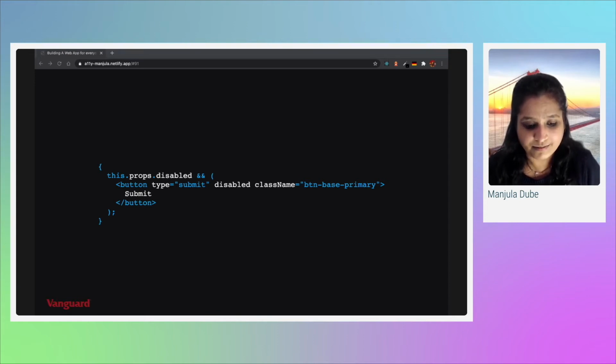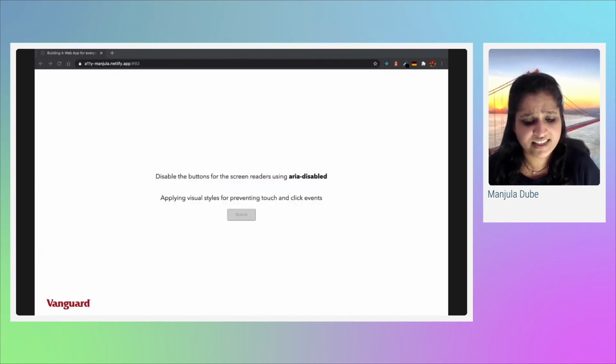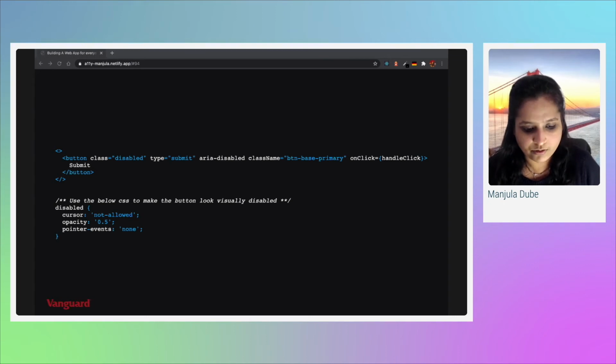But as said, it's the wrong way of doing it. Don't ever disable a button using a disabled attribute, because disabled buttons are removed from the accessibility tree. What you should do is disable the buttons for the screen readers using aria-disabled and apply the visual styles for preventing touch and click, which you could easily do because you need to apply some sort of CSS saying cursor not-allowed, opacity, pointer-events, and apply that